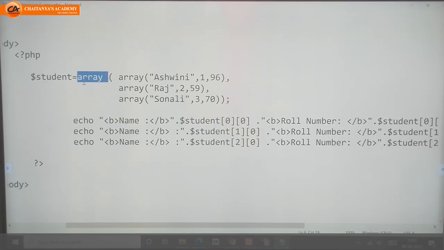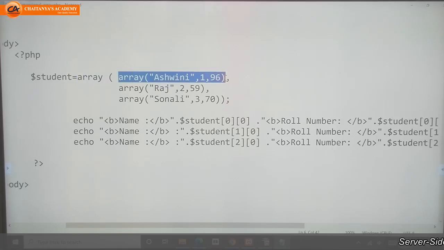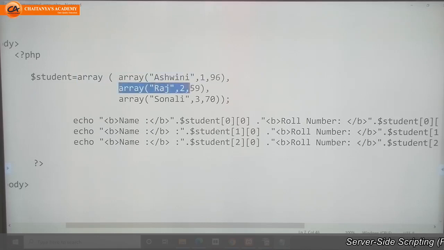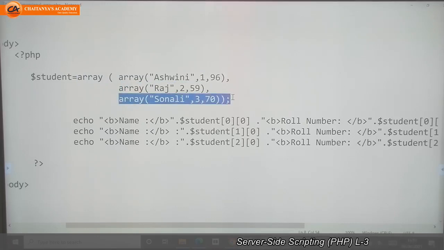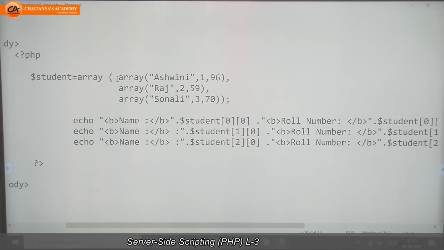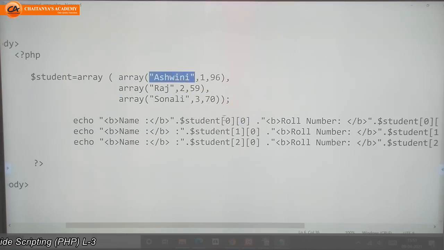That means this array is at 0th index, this array is at first index, and this array is at second index. So student of 0 means this array, and in that again 0 means this value. Student of 0 0 value is Ashwini.